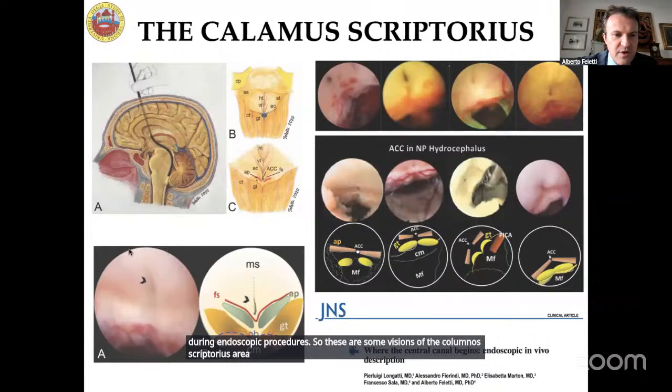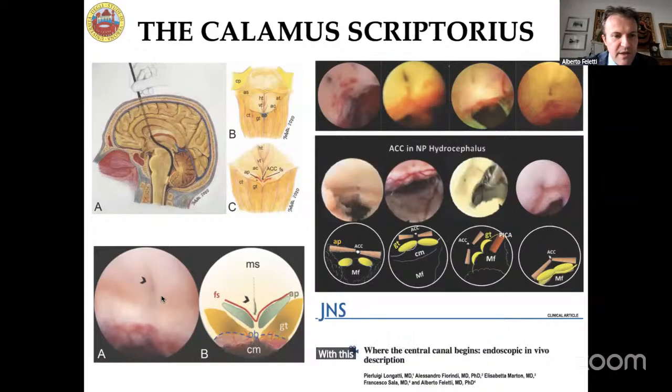Look at this picture, which shows you the opening of the central medullary canal with this bundle of white matter, which is called the fasciculus. So here you can see the two gracile